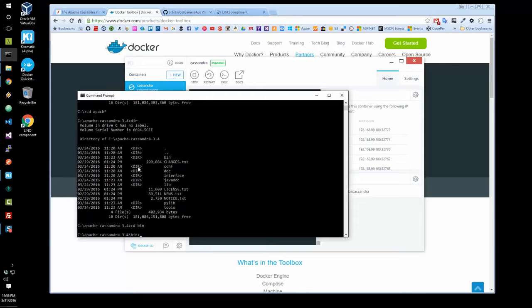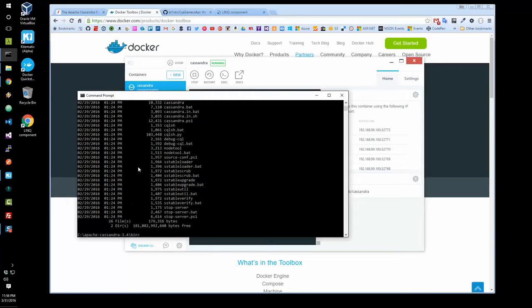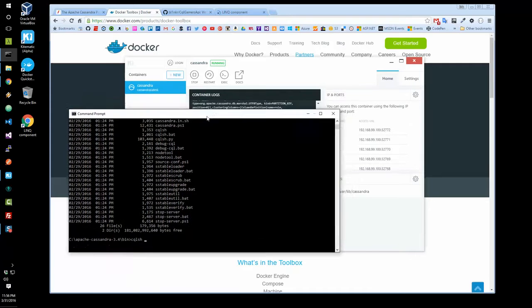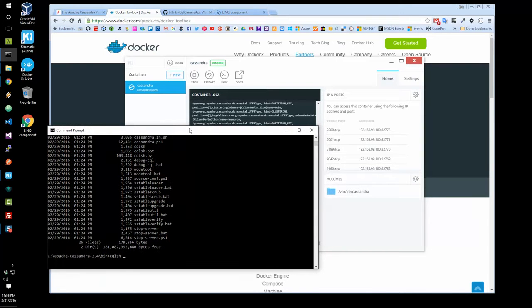So let's do that. And what we're going to want to run here in this directory is this CQL sh, the client to connect to Cassandra. So we're going to go ahead and type in this. You can follow along with whatever you have here because you're going to type in the CQL sh,